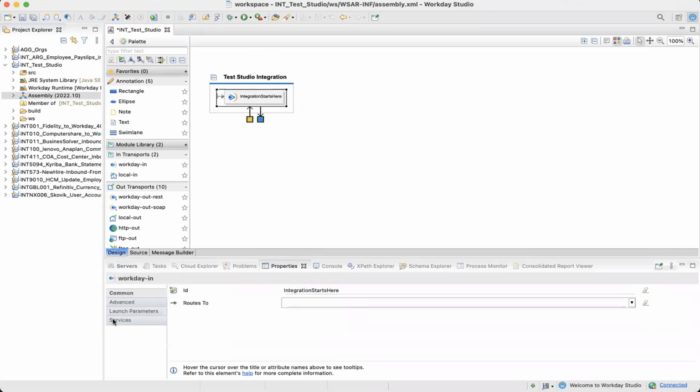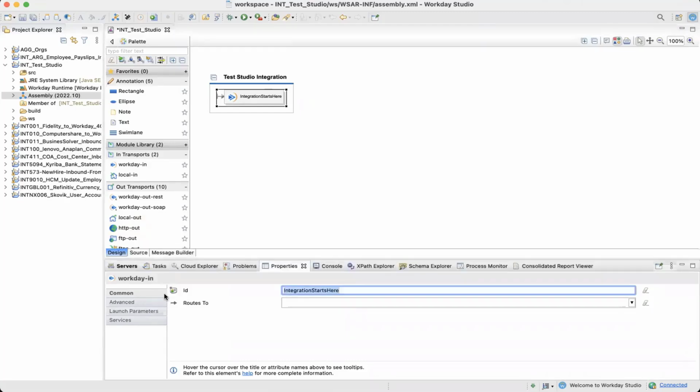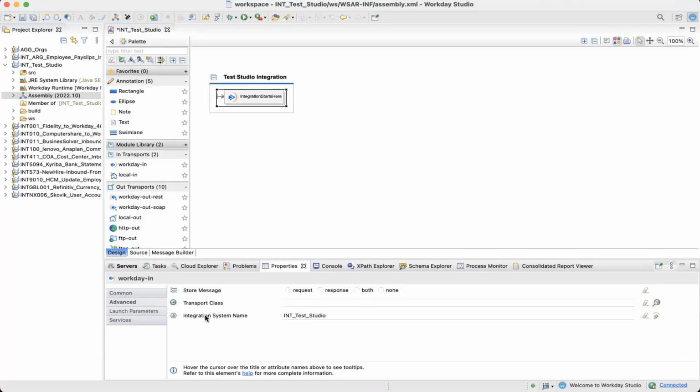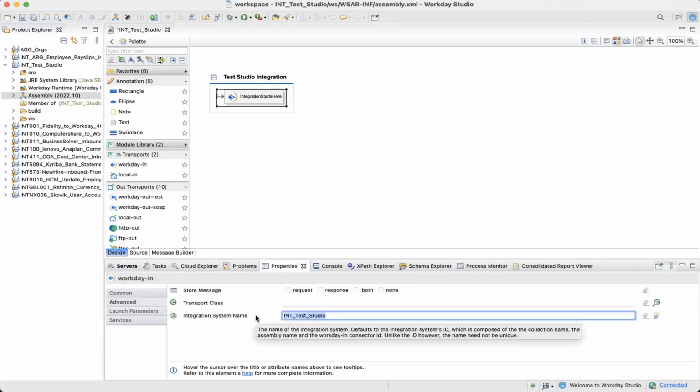Okay, now, once you click on this Start Here component, which is Workday, you see, first is the Common tab, which has nothing there, then Advanced. So you see here, Integration System Name. Whatever you mention here will be the name of the integration in the tenant. Now here I put it as int space test space studio, right?